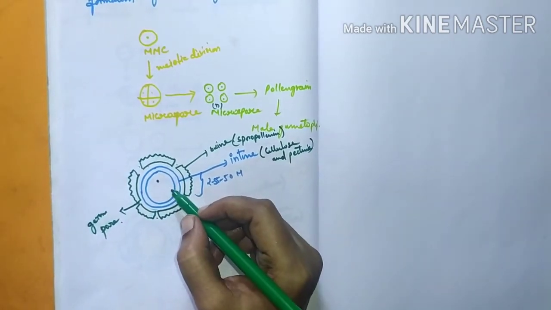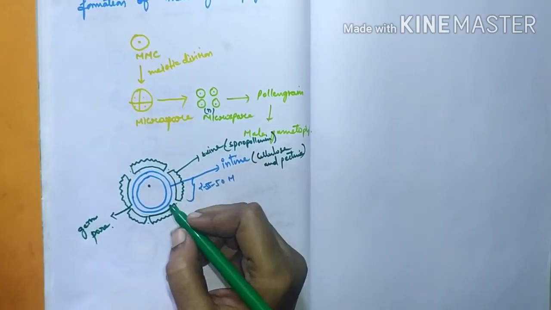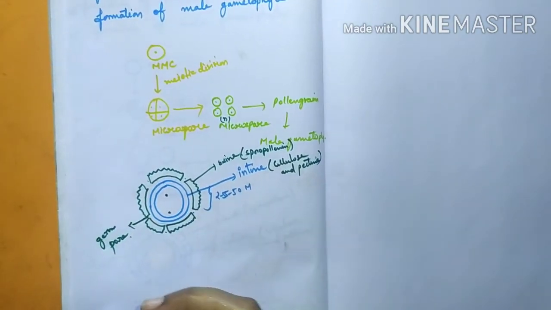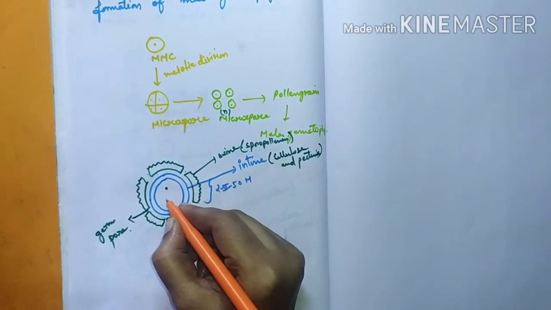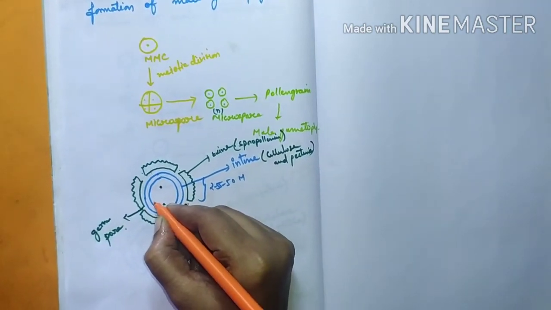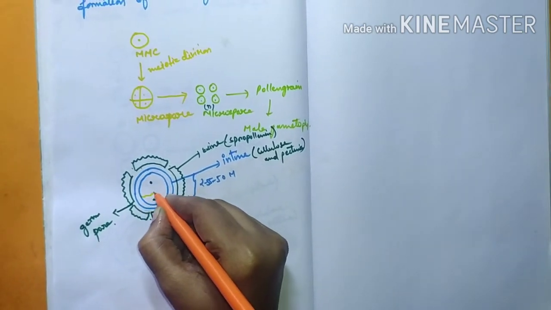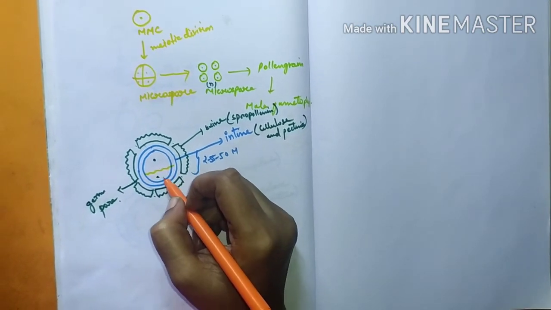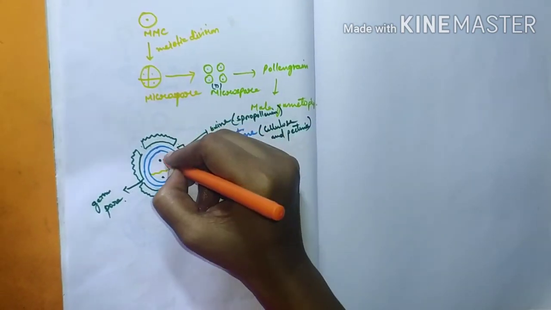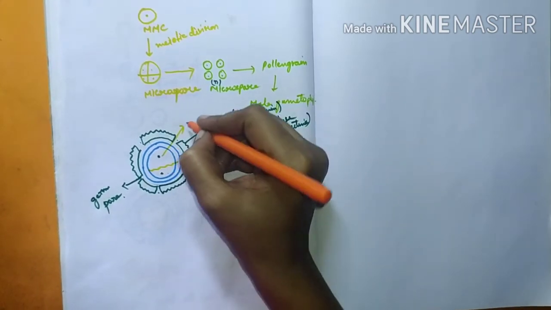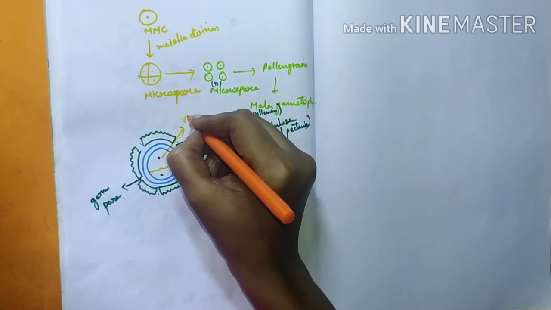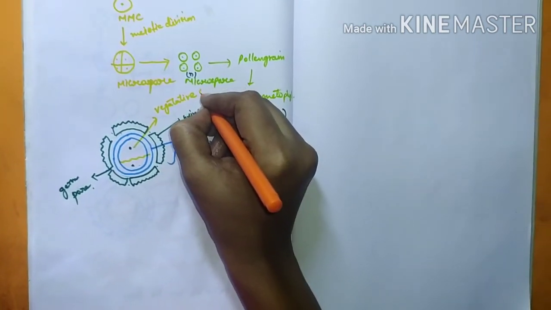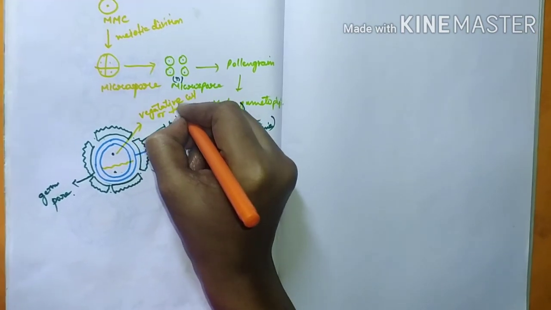So this nucleus undergoes karyokinesis, so we get 2 nuclei. And after this cytokinesis will occur, so cell wall formation will occur. At that time one cell gets a larger cytoplasmic content as compared to the other cell. The cell which has the larger cytoplasmic content is called the vegetative cell or tube cell.